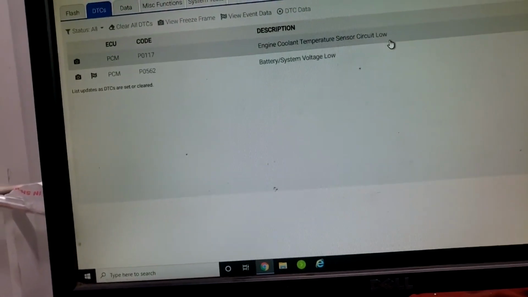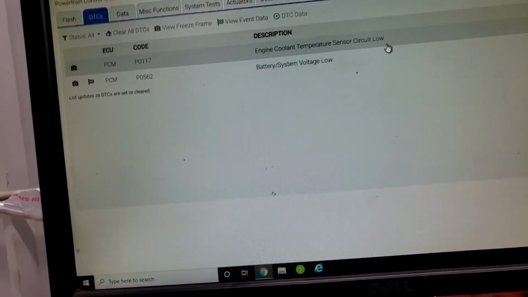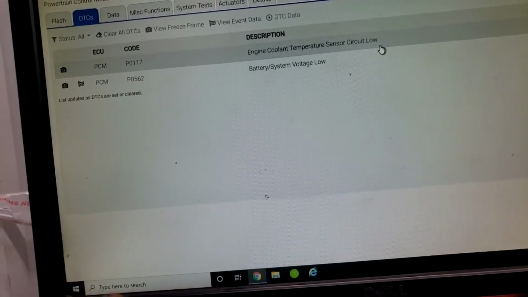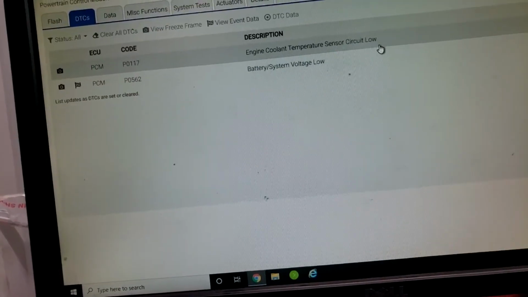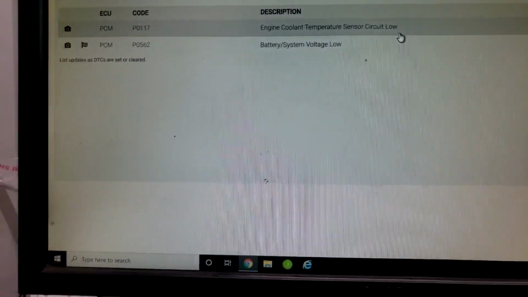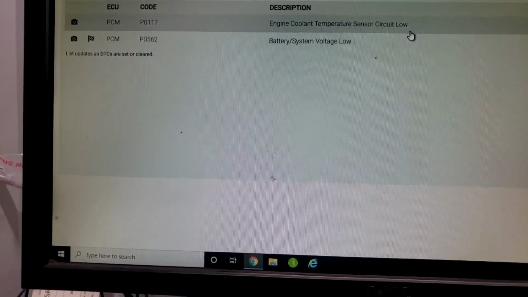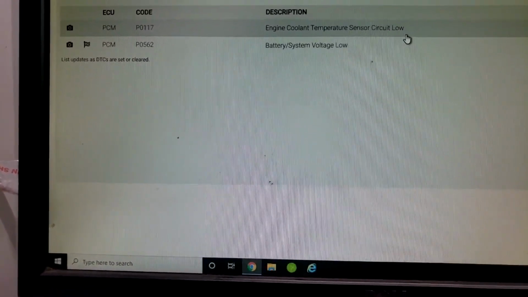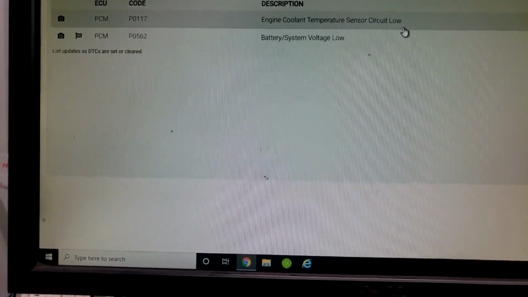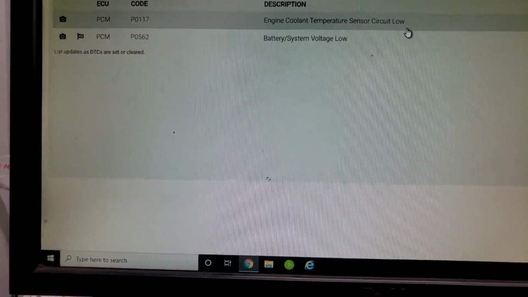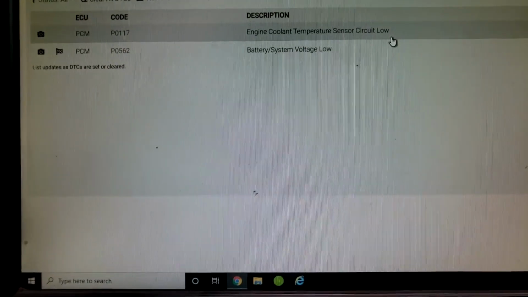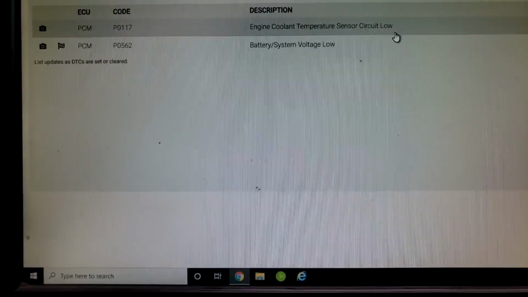So the coolant temp sensor, it's obviously based off temperature, right? It's a temperature coefficient, I want to say, I might be pronouncing it wrong, but that is used to tell the computer basically the temperature of the coolant. Now, if the sensor circuit is low, I guess if voltage is low, does that indicate the coolant is low? I don't want to say it like that, but from the last couple of ones I've had,